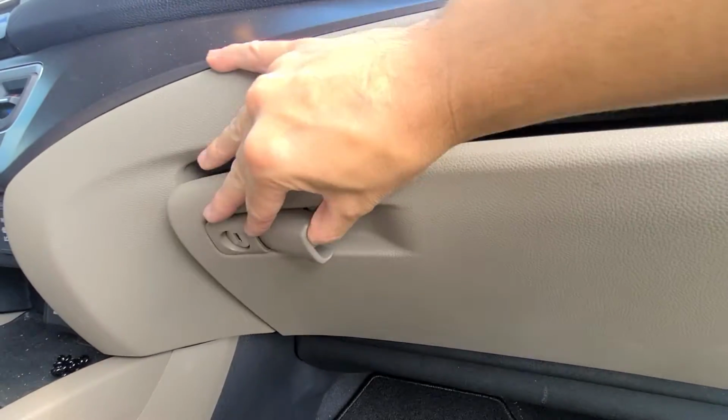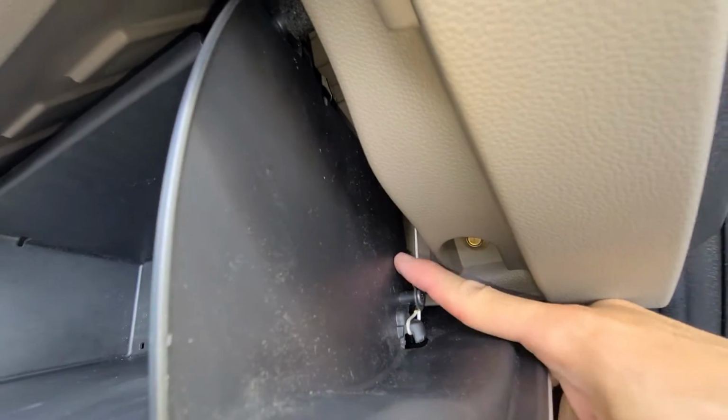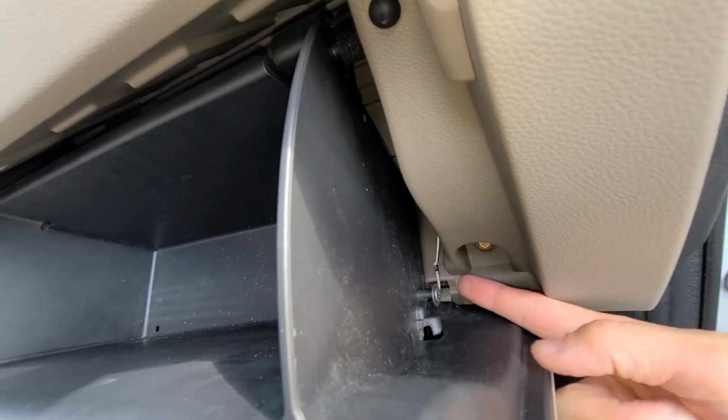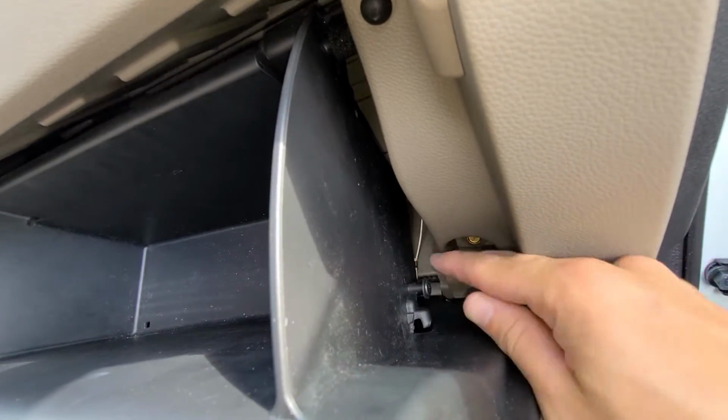2018 Honda Pilot cabin filter. It's going to be behind the glove box. First thing you're going to do is disconnect this damper cord right here. What you have to do is pull it down and around. Don't worry, you'll be able to get that later. You're going to need to use a screwdriver or something like that to help you pull this cord back